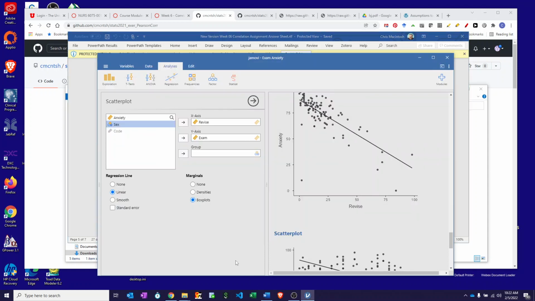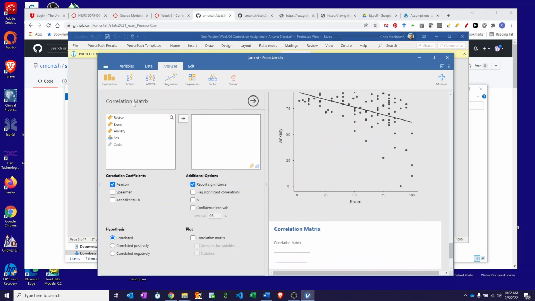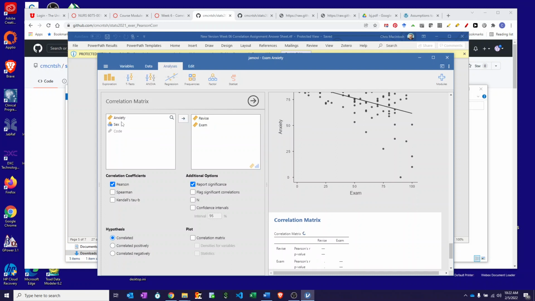So I'm going to click in Jamovi. I'm here in analysis, and I'm going to go to regression and correlation matrix, and we're going to take our 3 continuous variables, and I can just drag them over if I want to,